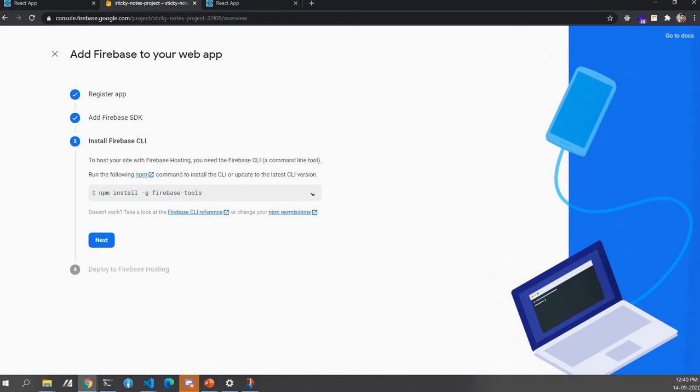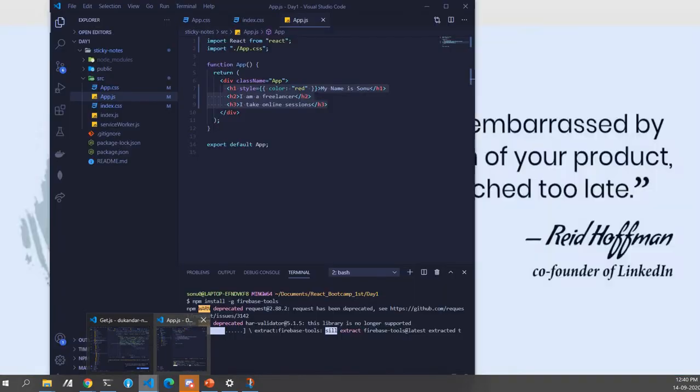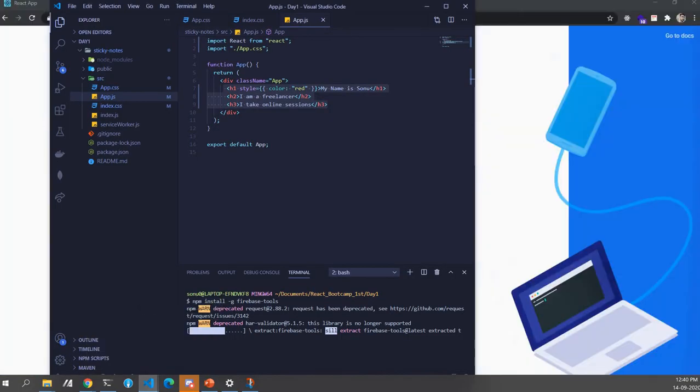I copied this, came to my app.js over here, added a new terminal, and then I pasted this command and pressed enter. Now it's running that particular command for me.